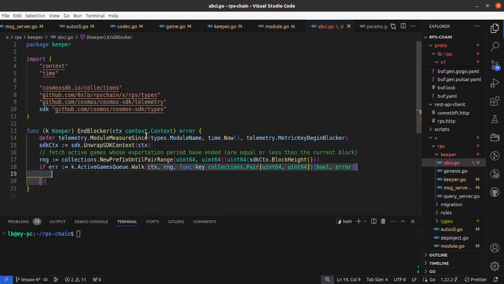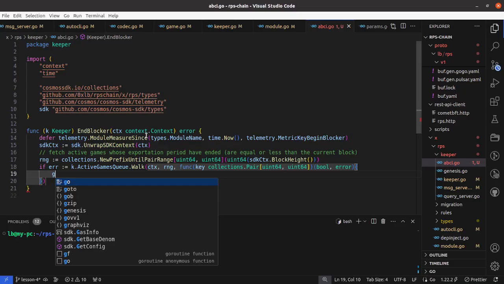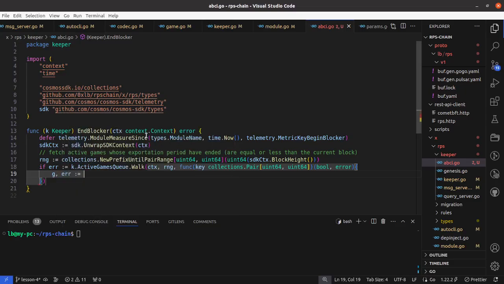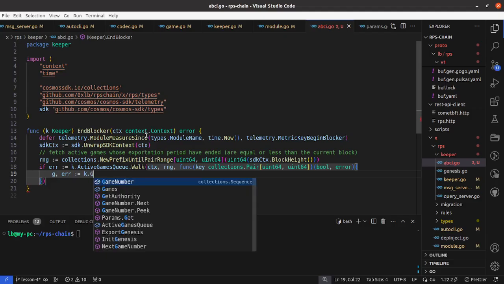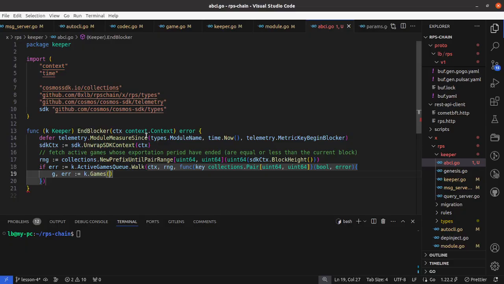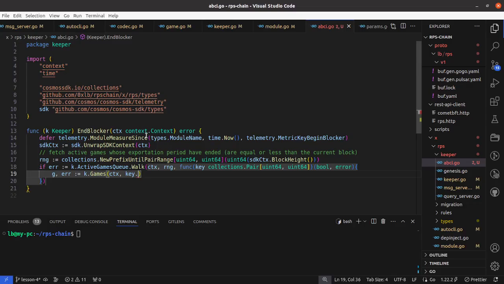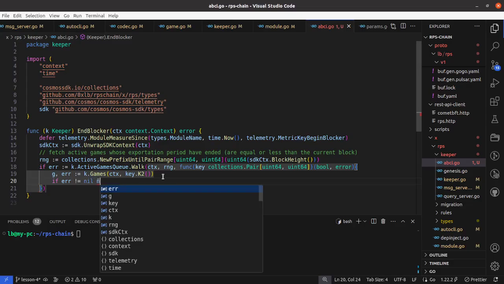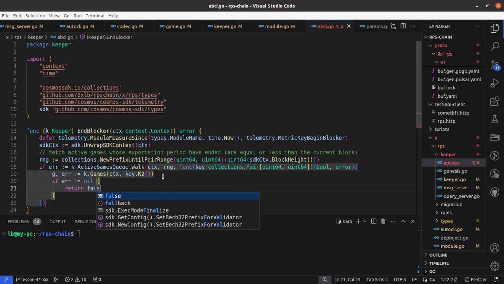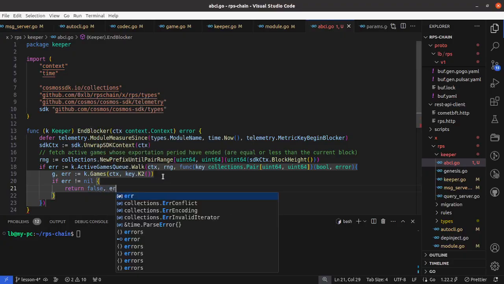And this function is going to have the game. We're going to get the games that we stored the game index in the second key. So the K2 is the second key of our key pair that we are defining here. This first key is the expiration height, and the second one is the game index. So if there's an error, we will return false and the error,